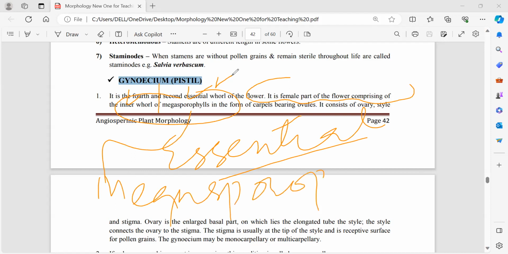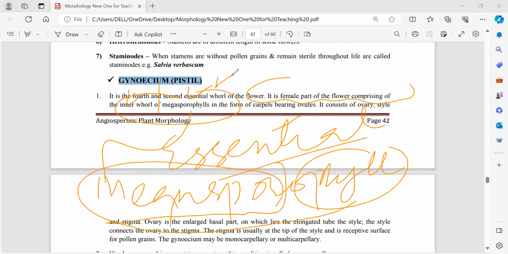अगर हम इसका लिटरल मीनिंग करेंगे मेगास्पोरोफिल का, मेगास्पोर, फिल हो गया लीफ, दोज लीव्स दैट बियर मेगास्पोर्स. मेगास्पोर इज द फ्यूचर फीमेल गैमेटोफाइट, दैट इज दीज लीव्स जिनको ब्रॉडली हम कहते थे जिम्नास्पर्म्स तक मेगास्पोरोफिल्स. अब यहाँ पे in angiosperms megasporophylls have become specialized and they are called carpels. इनको कार्पल कहते हैं. And the collection of carpels is called